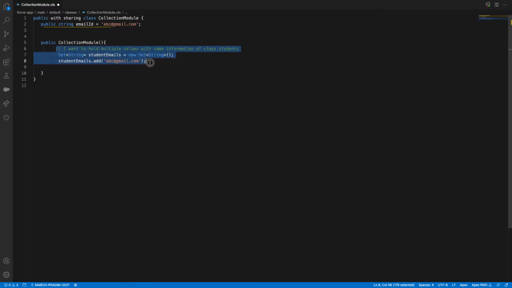Inside the constructor you can't access it from outside; you can access only class-level variables. You can call this constructor and it will execute automatically.